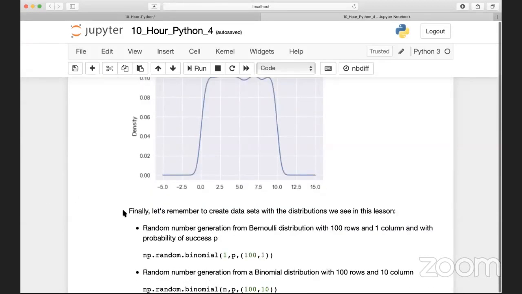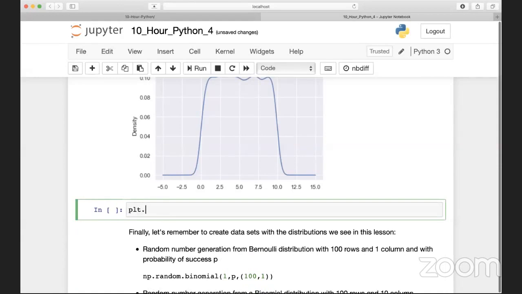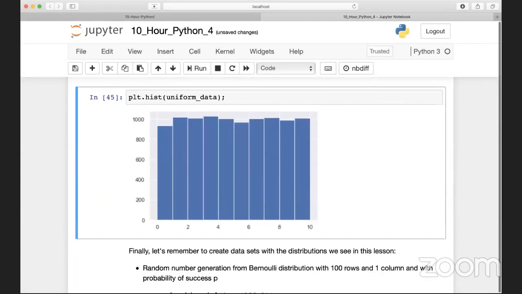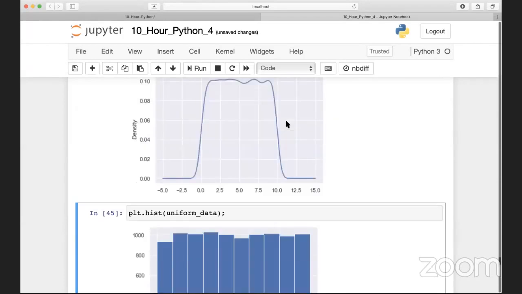All right, let's draw the histogram of it. plt.histogram data. This is what it looks like. Okay. The observation changed slightly. The frequency of the observation changed slightly. If you increase the sample size,